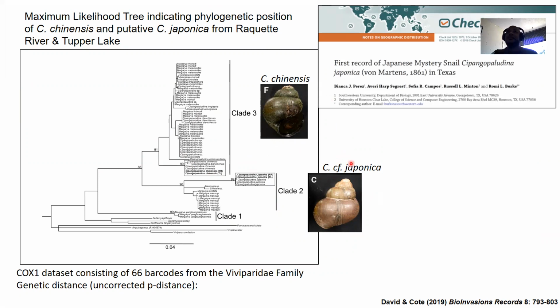Now, what's really interesting about this discovery was that C. japonica is also present in Texas. It's been genetically confirmed in the lakes in Texas. And this gives you an idea of how broad the thermotolerances of these mystery snails, quote unquote, are, right? The mere fact that C. japonica can survive in the lakes of Texas, where it's obviously warmer, compared to appearing in the Adirondacks, where the lakes basically freeze over for 4 or 5 months out of the year. So the fact that they can survive in both of those environments gives you an idea of how broad their